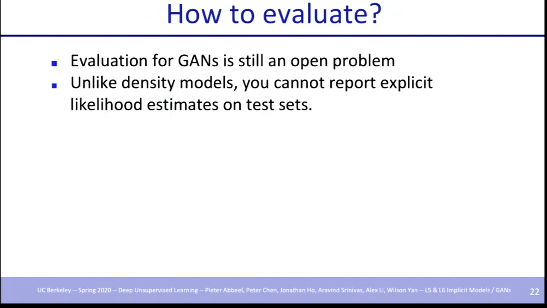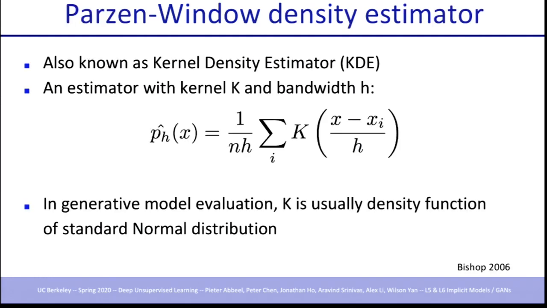So how to evaluate this? Evaluation for GANs turns out to still be a bit of an open problem because you cannot just report the kind of numbers we've been reporting so far. One thing you can do is say, well, if I can generate samples, I can think of it effectively as a mixture of Gaussians in some sense, where around every sample I put a Gaussian blob. This in turn yields a density model, and now I can evaluate for some test data, what is the likelihood of some test data under this mixture of Gaussian kernel density estimator model, and report those numbers.